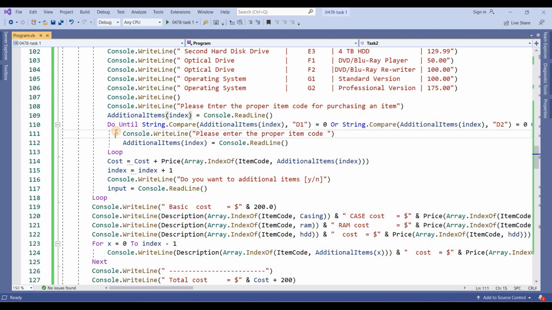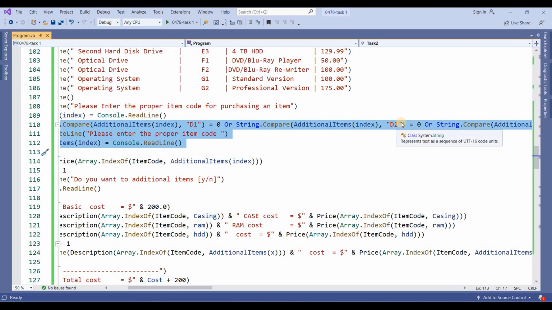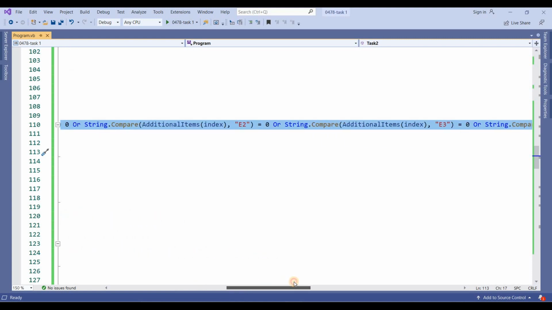After this, it will check whether this entered value belongs to D1, D2, E1, E2, E3, F1, F2, G1 and G2.